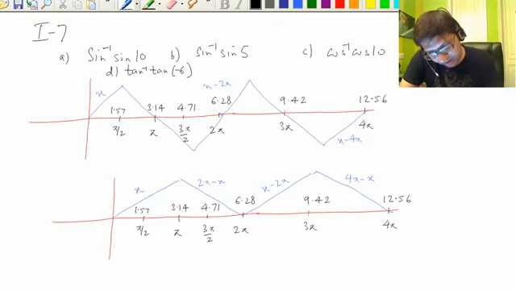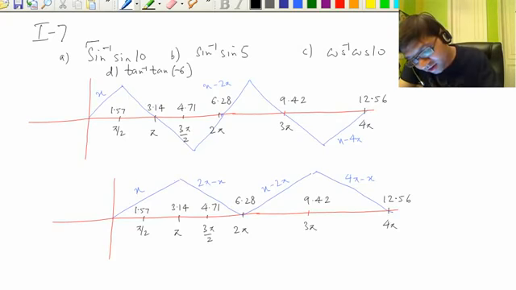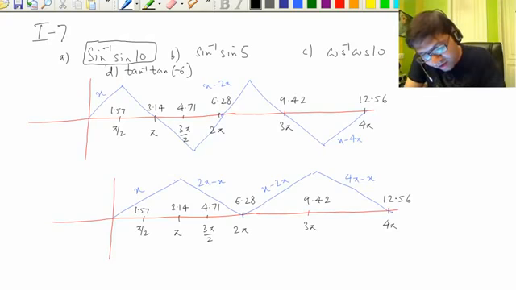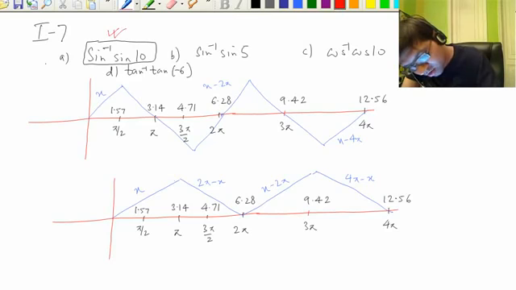Now see, this is again an illustration where the questions are of the same type, but the angles are expressed in radians, not in pi form. It's in value form. From the angles, the pi factor has been taken out. It's a pure number now. So if we have to do sine inverse sine 10, what we do is draw the graph of sine inverse sine x. I'm doing this first example, sine inverse sine 10. To answer this, I have to see where this 10 lies on the scale of sine inverse sine x, on a scale of pi.